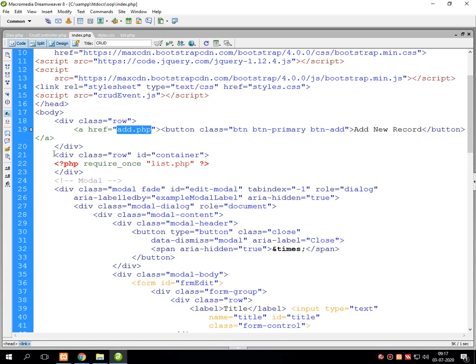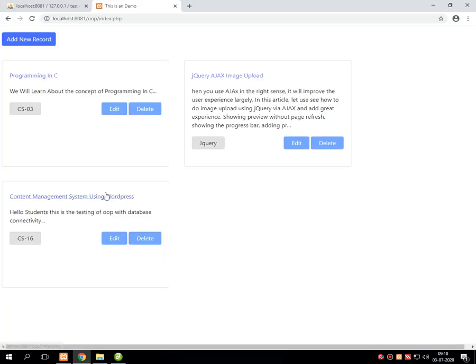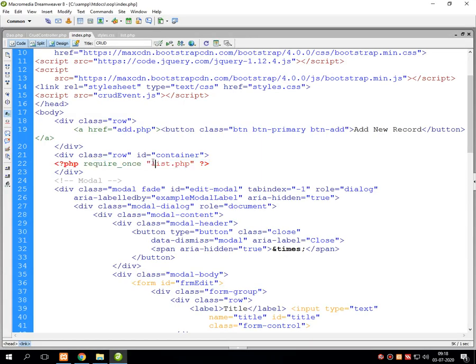Then in the next division class I have written one dynamic line, require_once list.php. Now the purpose of this list.php file is to fetch the records from the database table, and it will display them in this section onto the screen. So this list.php actually lists out all the details from the database table.